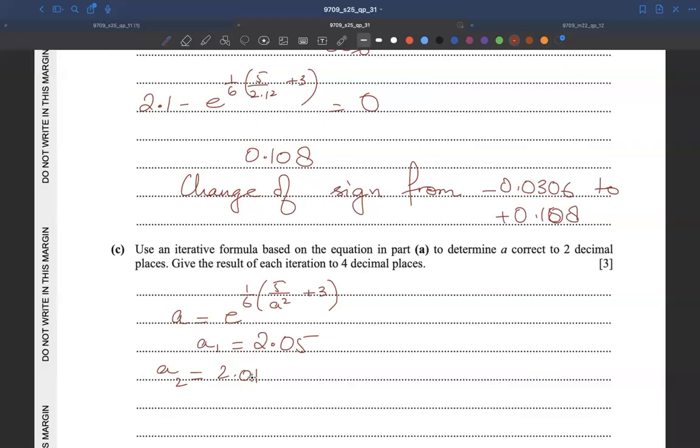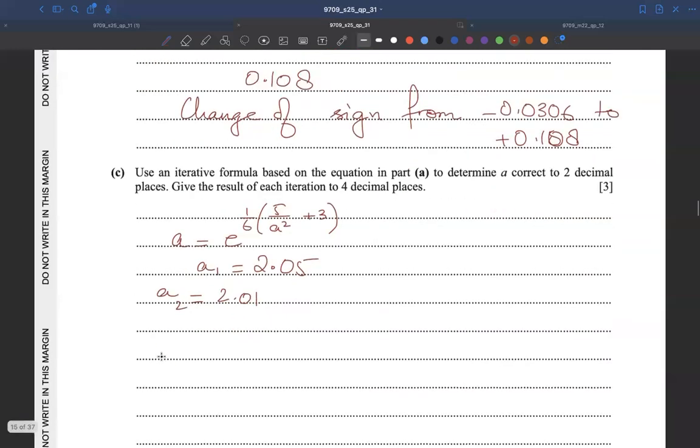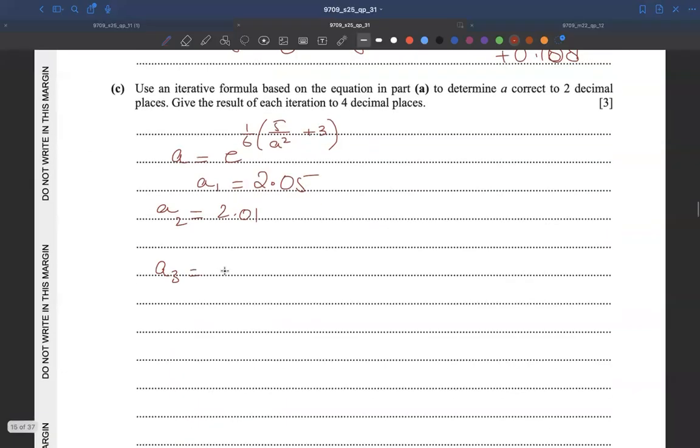And okay, so are we getting 2.026? And we have to give all of these to, okay, so one mistake, we have to give all of them to 4 decimal places. So 2.0264. And we'll have to substitute this exact value into the equation again. So substituting this over here, we'll get